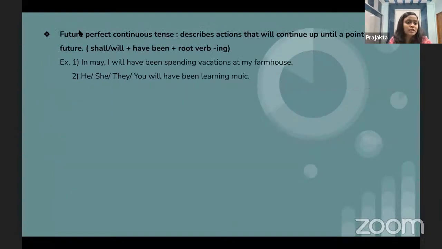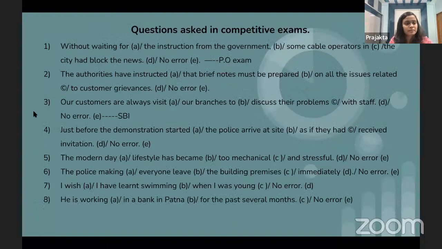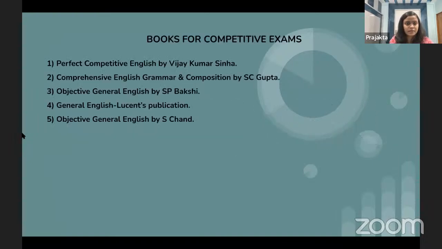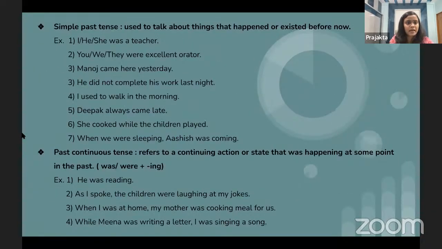Next, simple future. एक मिनट. ओके. प्लीज, एक मिनट. यस,